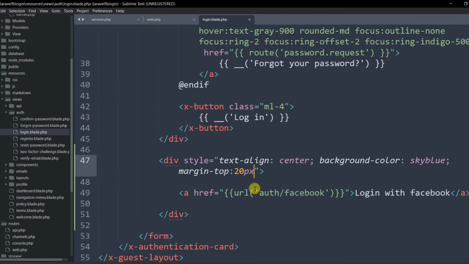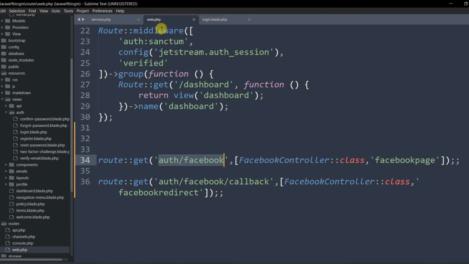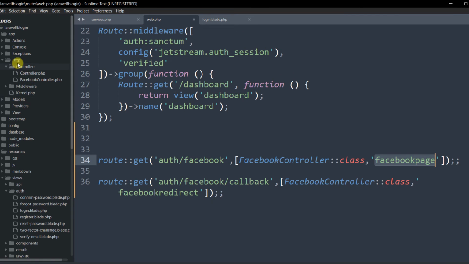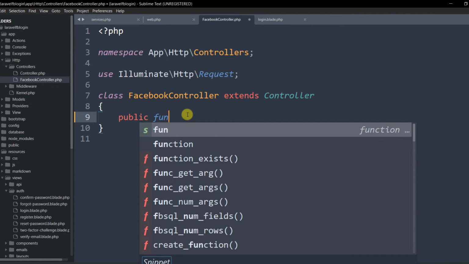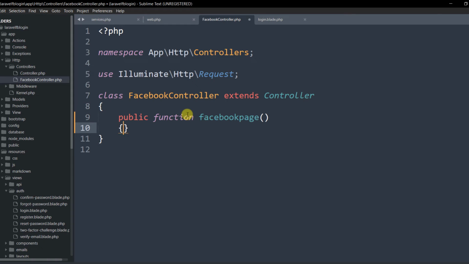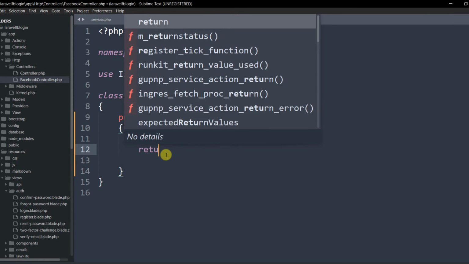So right now what we have to do is that here we already call this route, auth/facebook, with a function over here. So we are currently required to create this function in the Facebook controller. So we'll go to our Facebook controller. Here we are going to say public function, then brackets, then curly brackets. So inside this public function we are going to say return